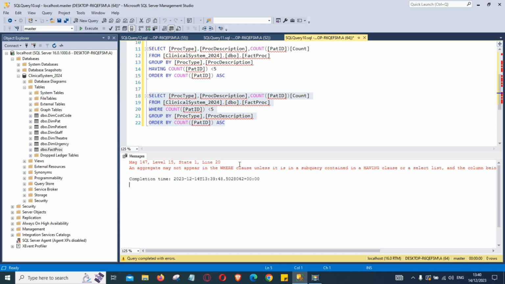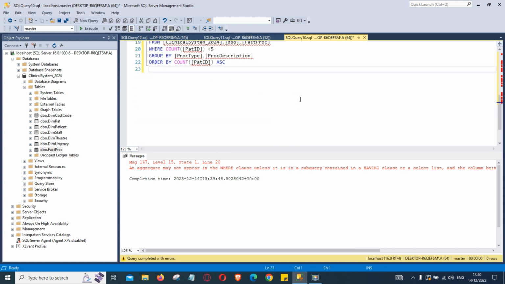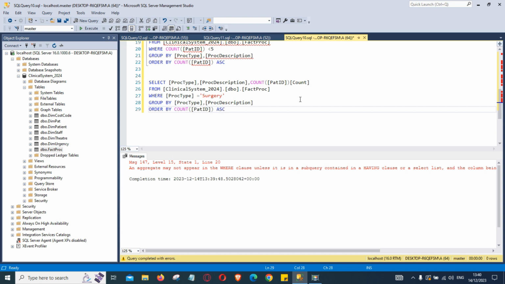So what does it say? It is not possible. One more thing, we can use where and having at the same time. Let's see how it works. So for that, let's use this code and copy this one. Make some room at the end. Add there. So we are saying proc type equal to surgery, grouping, and before the order by, let's add having